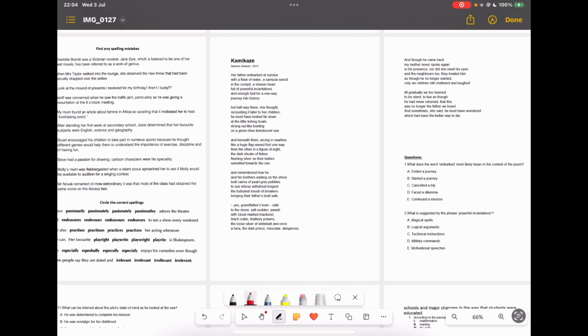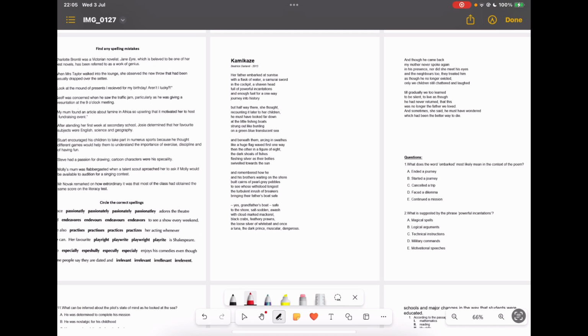And remembered how he and his brothers, waiting on the shore, built cairns of pearl grey pebbles to see whose withstood longest the turbulent inrush of breakers, bringing their father's boat safe. Yes, grandfather's boat, safe to the shore, salt-sodden, awash with cloud-marked mackerel, black crabs, feathery prawns, the loose silver of a whitebait, and once a tuna, the dark prince, muscular, dangerous, and